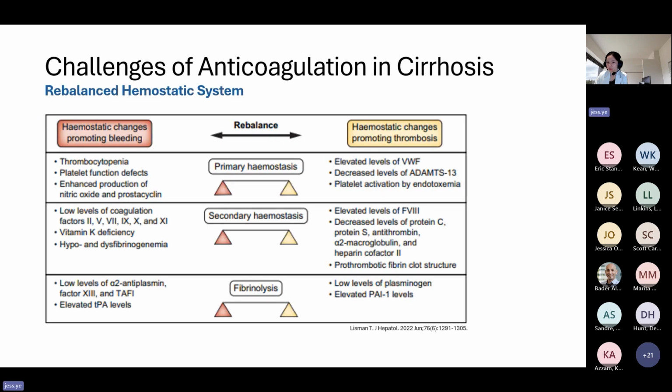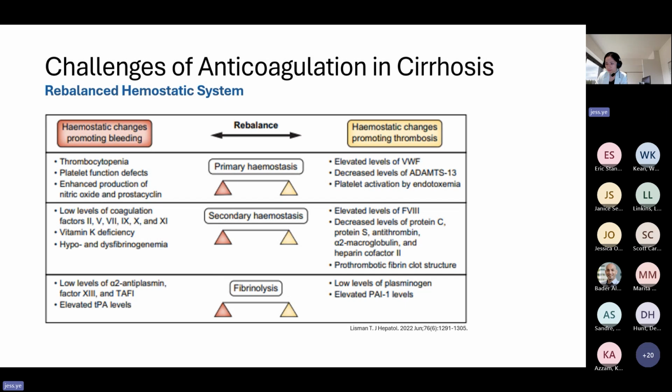Like we briefly talked about earlier, there are many challenges in anticoagulation in cirrhosis. The biggest one is this rebalanced hemostatic system. Patients with liver disease are at increased risk both for bleeding and thrombosis. On one hand, the left side, you have thrombocytopenia, low levels of almost all coagulation factors, and fibrinogen that increase patients' risk of bleeding. Liver is responsible for producing a lot of these factors,